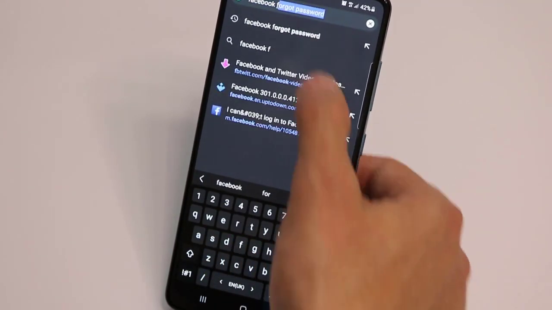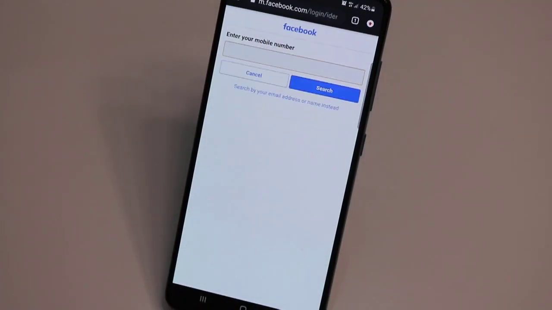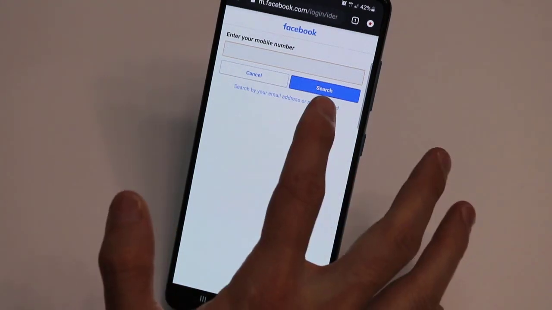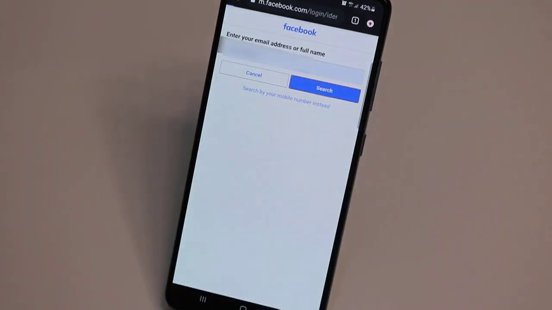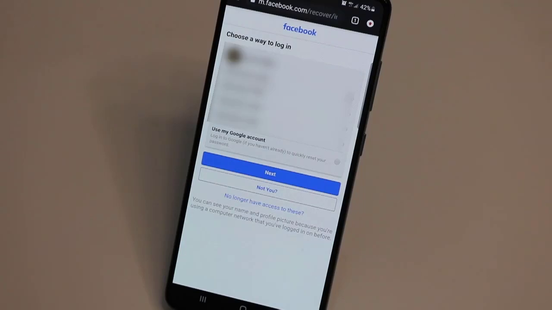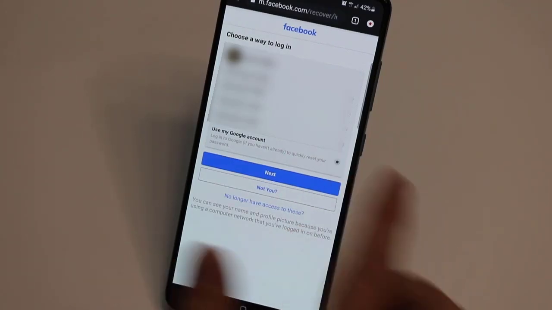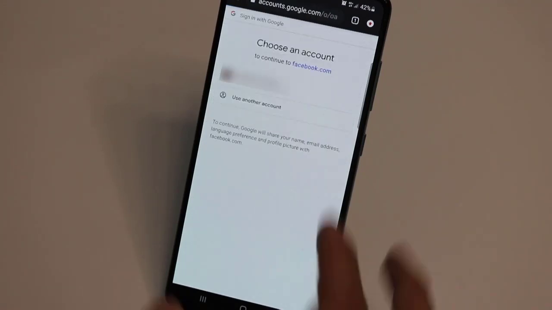I'm going to type Facebook forgot password, and after that I got this one. I'm going to click to open it. Then here you go, we are going to search for our username, and we have to click on here, and after that type the username, then click on search, and after that I'm going to click this is my account, yes, continue, and I have to choose the last one, use my Google account, then click on yes, and